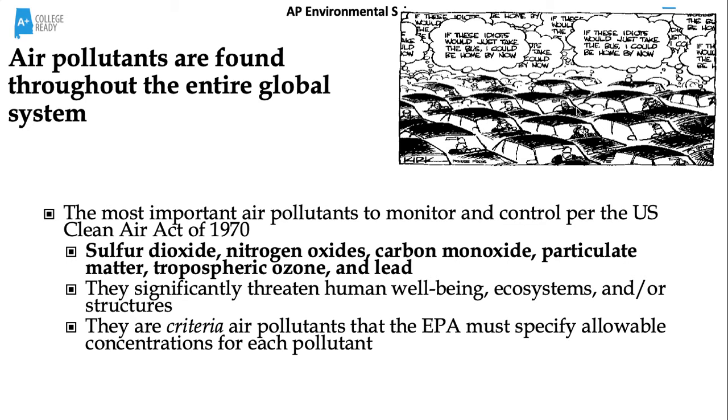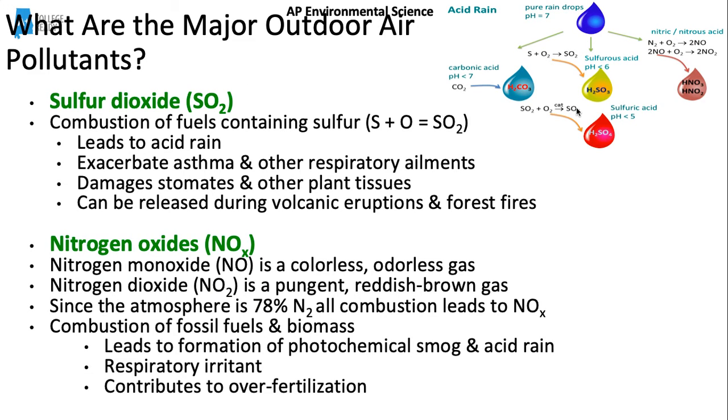So, for example, if you are running a large industry, then you have the EPA, they're going to be monitoring you and seeing, like, okay, are you releasing an acceptable amount or are you releasing too much of any of these particular pollutants in any given year? So to kind of break those down further,